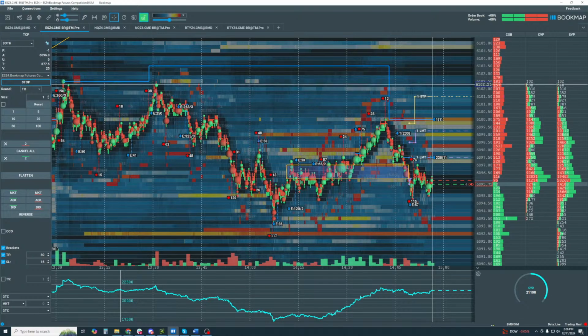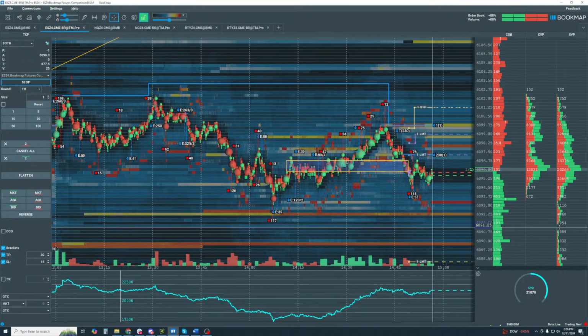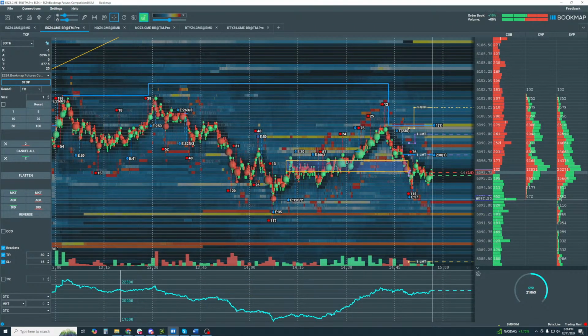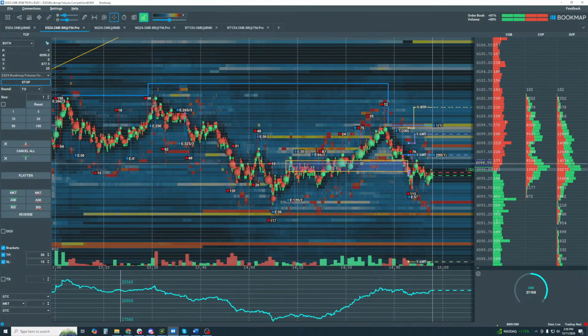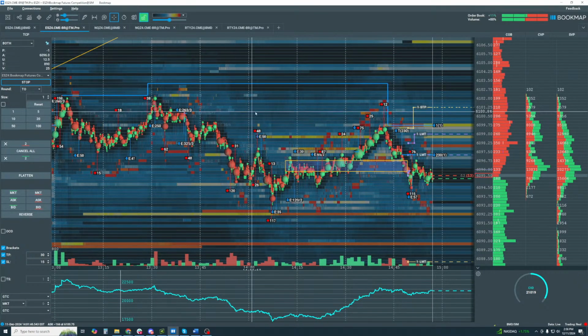and then here's the high of the day, and we don't see so many transactions up here. Also, we don't see too many transactions down in here, especially down here. So price kind of skipped through that area pretty quickly, and then traded up above, and then it accepted and kind of went back and forth in this little zone in here. Right. So anyway, this is just some ideas, some food for thought,